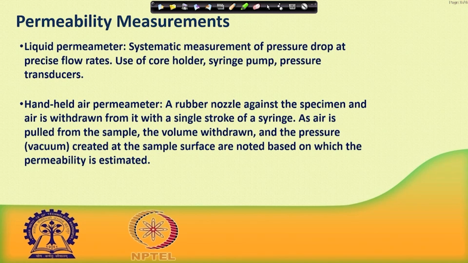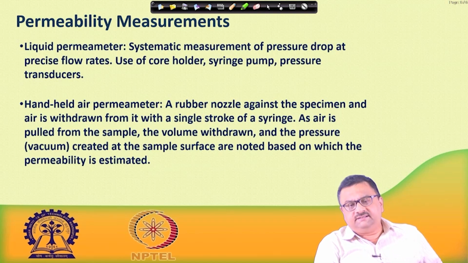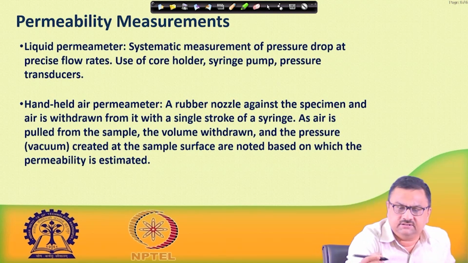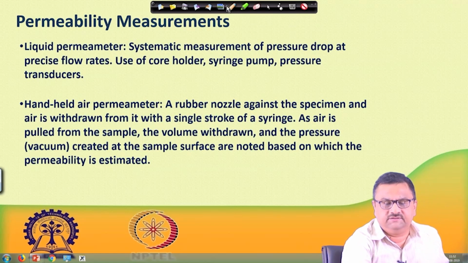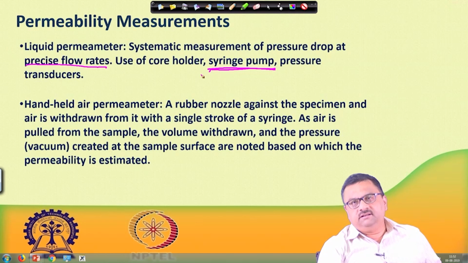Permeability measurement, we have already talked about this liquid permeameter. I mean, we have not called this as such liquid permeameter, but the essential theory is already known to you, that you need to systematically measure the pressure drop at precise flow rates. Precise flow rates can be generated by an instrument called a syringe pump, where a syringe, just like an injection syringe, has its piston moved by a specialized rack and pinion arrangement that is very precisely controlled, and then pressure transducers measure the pressure drop across the length of that